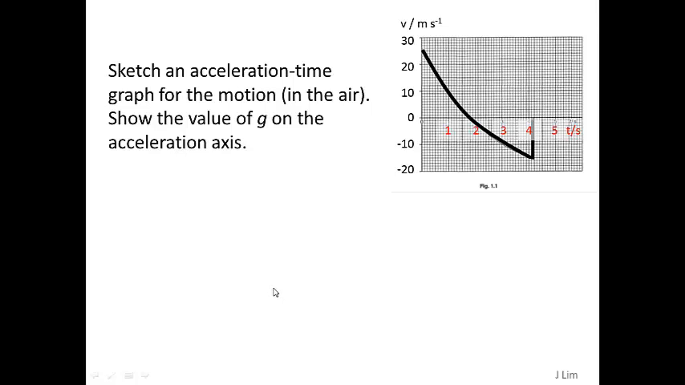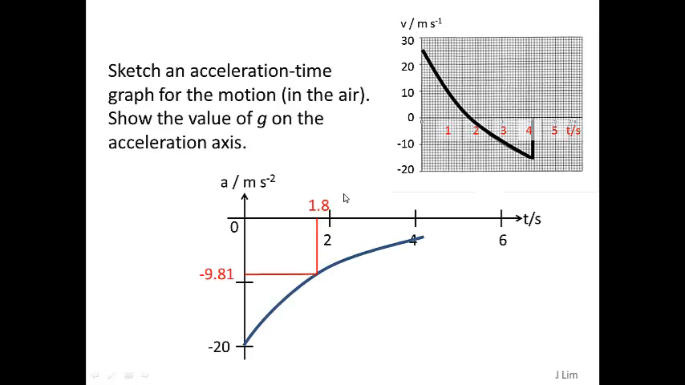Sketch an acceleration time graph for the motion. Show the value of g on the acceleration axis. Acceleration is given by the gradient to the tangent of the velocity time graph, so you can just calculate a few points to sketch a graph. So at time t equals 1.8, that's when the ball is at rest, and that's when the acceleration is minus 9.81